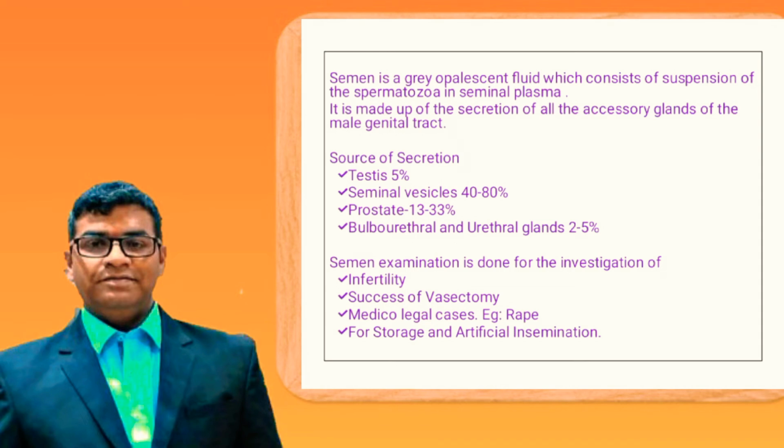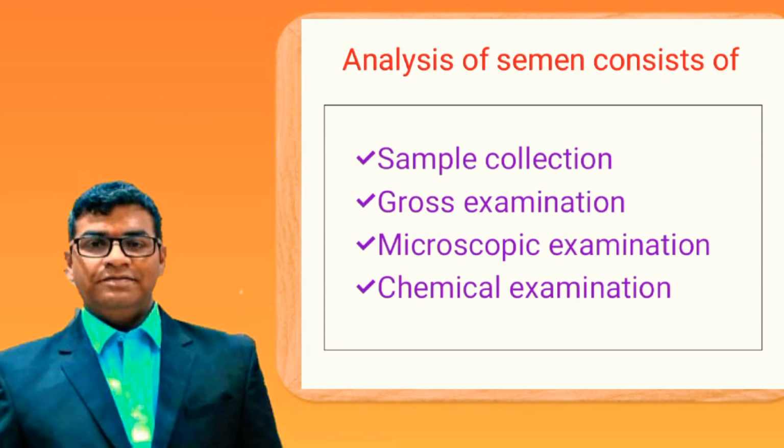Sources of secretion are testes 5%, seminal vesicles 40 to 80%, prostate 13 to 33%, bulbourethral and urethral glands 2 to 5%. Semen examination is done for the investigation of infertility, success of vasectomy, medico-legal cases like rape, for storage and artificial insemination. Analysis of semen consists of first sample collection, then gross examination, then microscopic examination, and then chemical